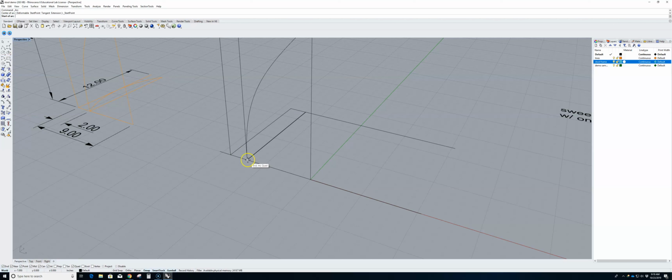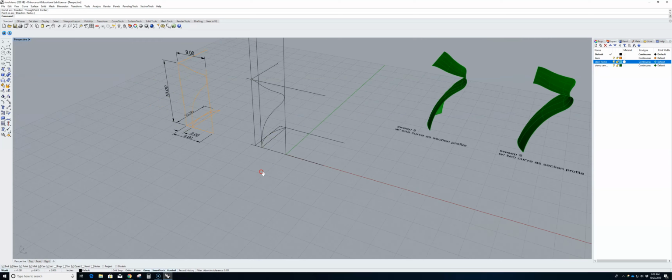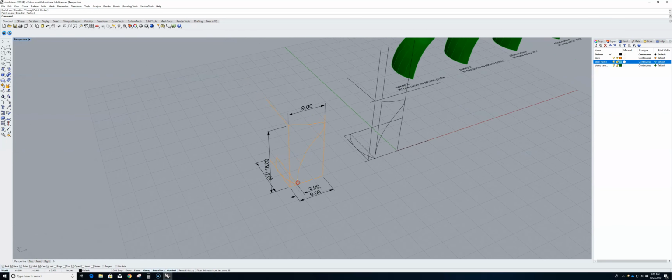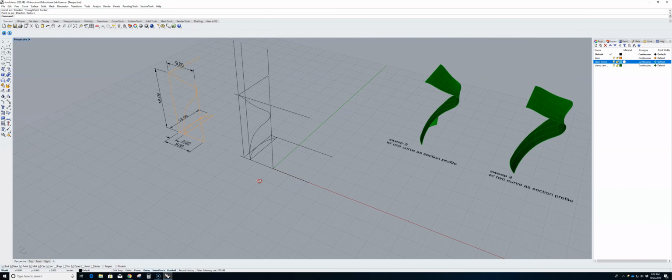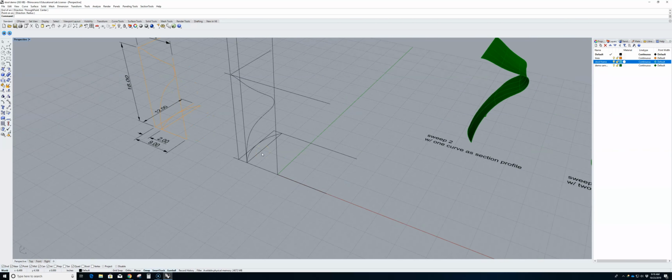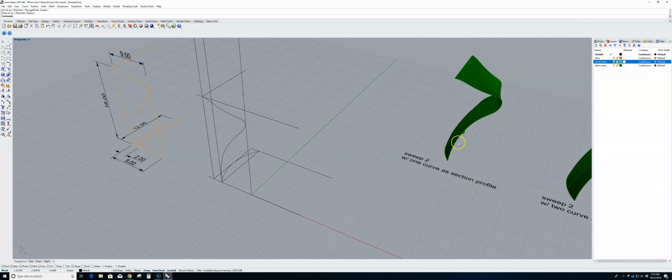So it's basically you get the start of your arc, the end of your arc, and then you can stretch it to anything you want. Obviously I'm going to go to the midpoint here. And so I have my general shapes ready to go. So I'm going to first show you why doing a 2 rail sweep without additional control may not give you the shape that you want. So I'm going to go to my sweep 2,